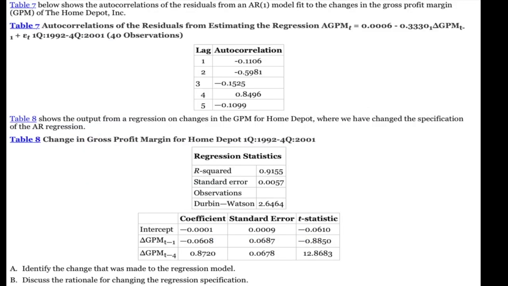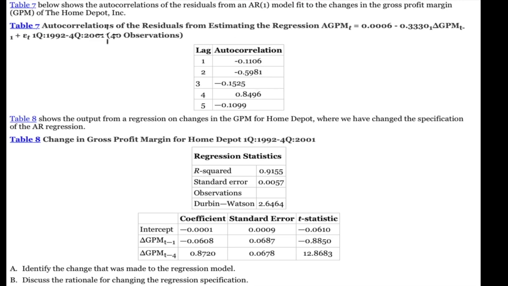All right, question 16. Table 7 below shows the autocorrelations of the residuals from an AR1 model fit to the changes in the gross profit margin of the Home Depot. Yeah, so here's our autocorrelations. What do we have here? Lag 1, lag 2, lag 3, lag 4, lag 5. Look at lag 4 here. This is the autocorrelation, by the way. This is not the t-statistic. This is the autocorrelation,